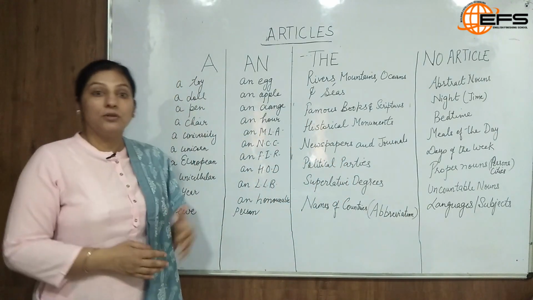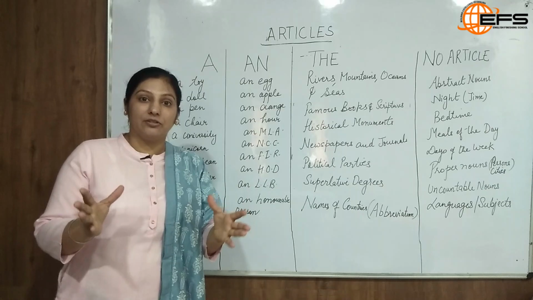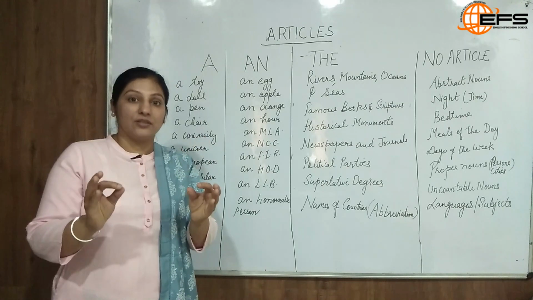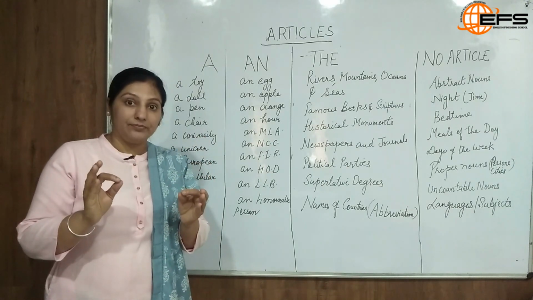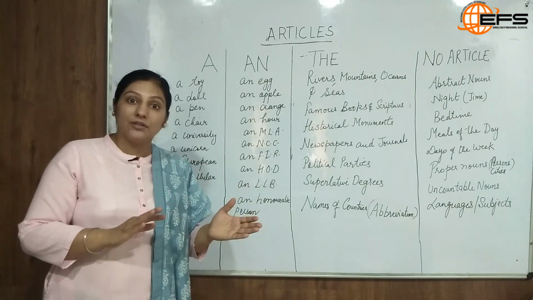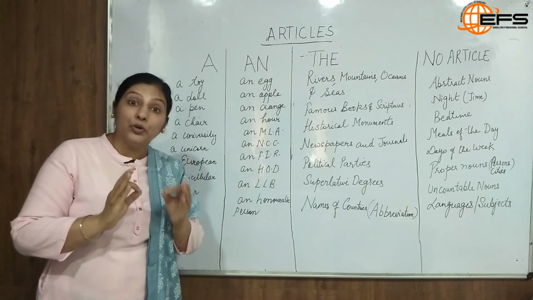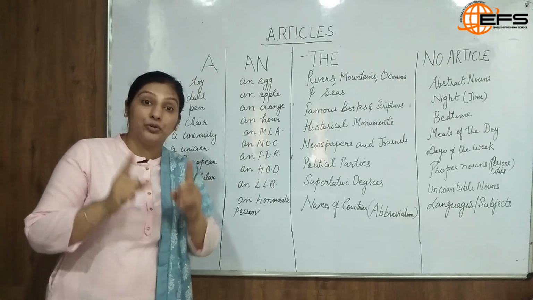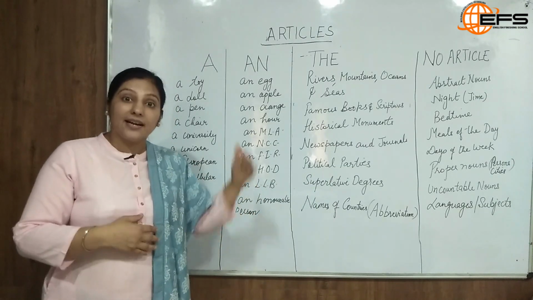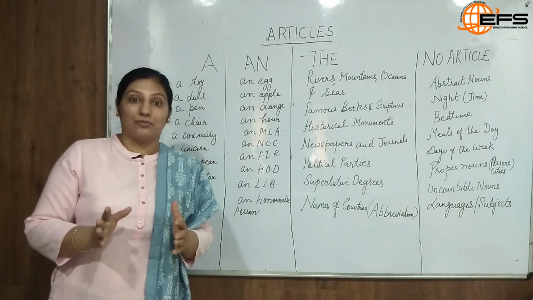So let's talk about the rules of using a in a sentence. I've already discussed the alphabet. 21 consonants are there and 5 vowels are there. We all know the sounds of consonants are definitely variable and different from the vowel sounds. When we say A, E, I, O, U, now for the vowel U, the sound U is considered not U but a sound basically made by a consonant letter, that is Y. So let's understand the techniques of using a, because we use a with consonant sounds in the English alphabet.